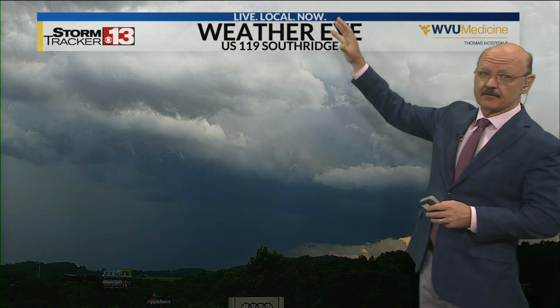Up here in the cloud, there's a little bit of a dry layer, and what that does is aid in the cooling. When you get cooling of the precipitation up there, one, we got hail, and two, that aids in the acceleration of the wind as it comes down because it's cooler, it's more dense, and it already is starting on the way down, and then it hits this pocket of slightly drier air up